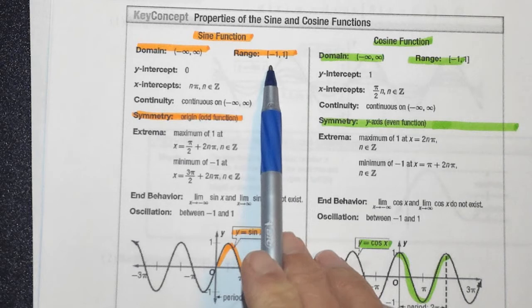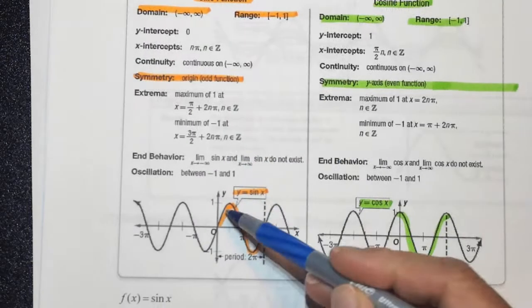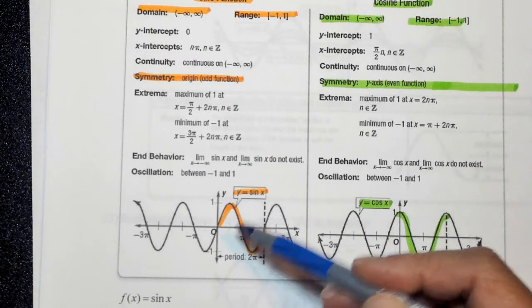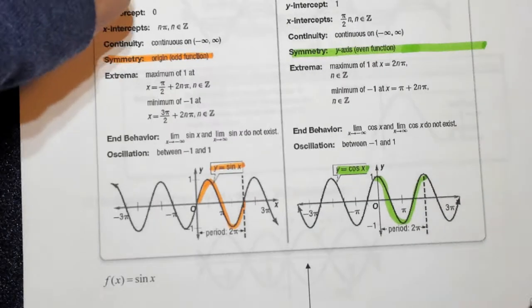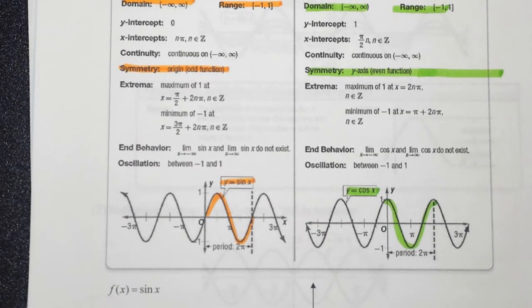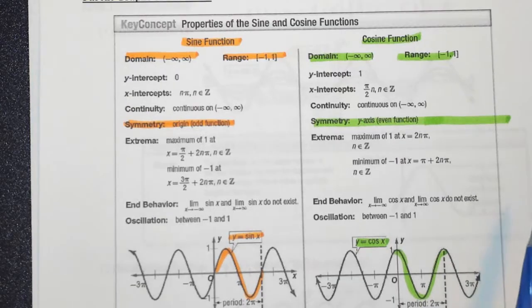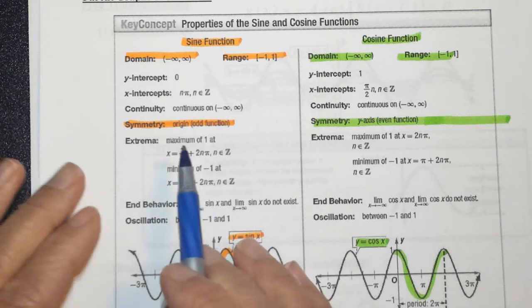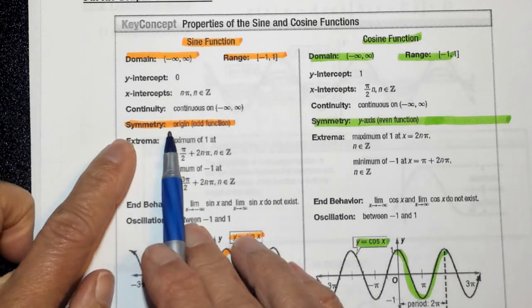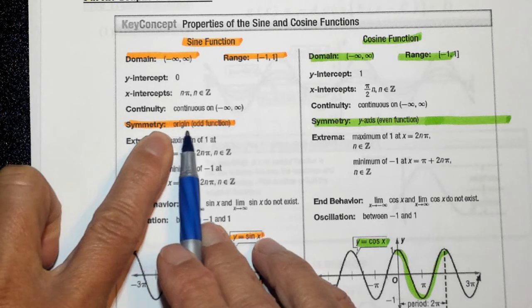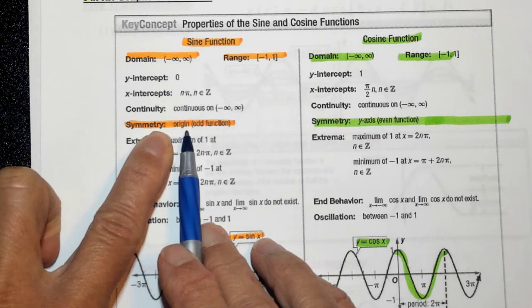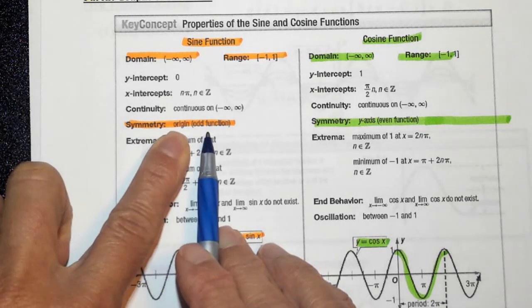My range is from -1 to 1, meaning how high and how low the graph goes, for the parent function, meaning nothing is happening to it, just like the parent function of x squared has a vertex at (0, 0), and so on. Okay, the more important pieces here would be something like the symmetry. So in this case, we have symmetry with respect to the origin, which is an odd function, so that means